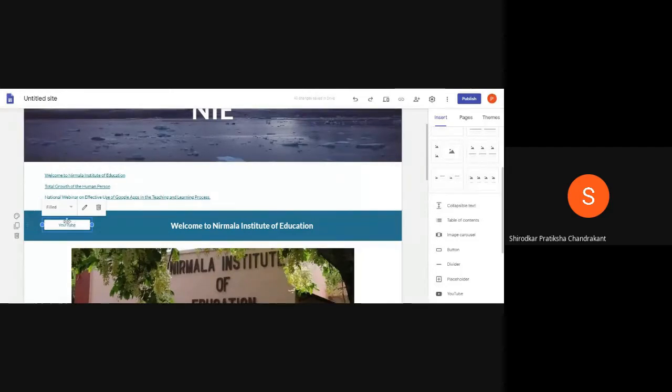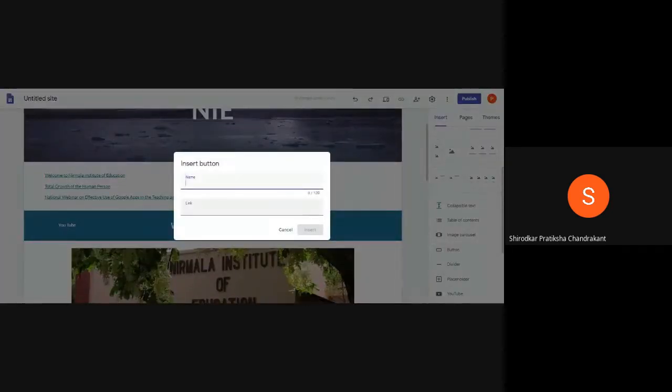So if I click on that, again one horizontal tab will appear, wherein in the drop down option I'll get various options using which I can change the way the button looks. Okay, you can take text as an option, you can take outline option, you can take fill option. So let me go for text. Okay, so you can see it this way. Now I again want to add one more button, so let me click on it this way.